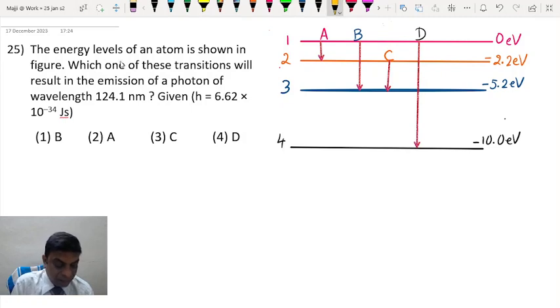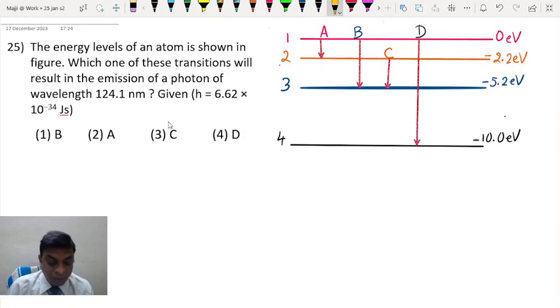As you can see, the energy levels of an atom are shown in the figure. Which one of these transitions will result in the emission of a photon of wavelength this much? We'll be using a shortcut, students. The shortcut says, remember the value of h is close to the actual value. So we can straight away use